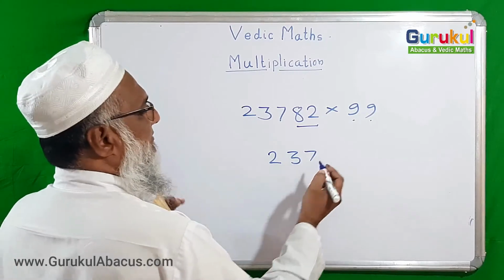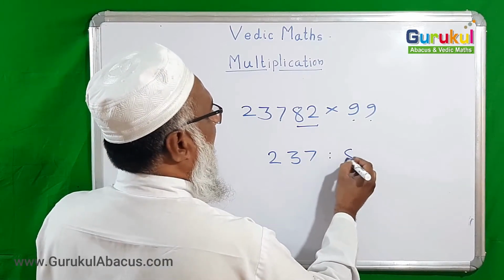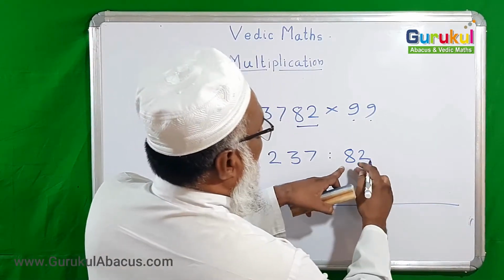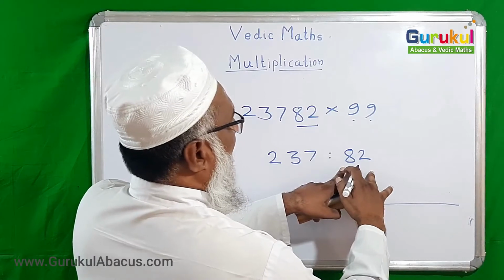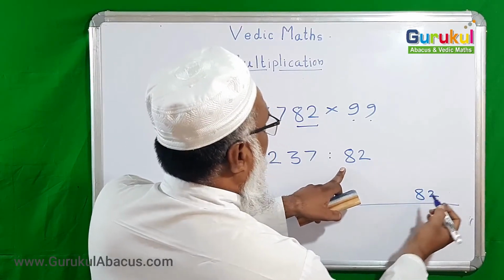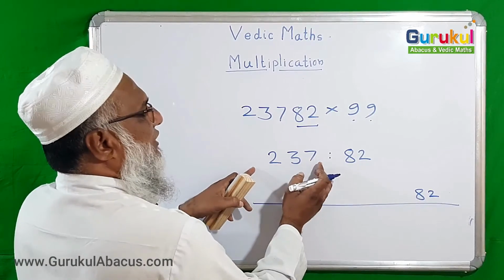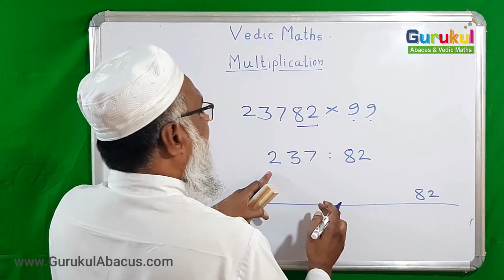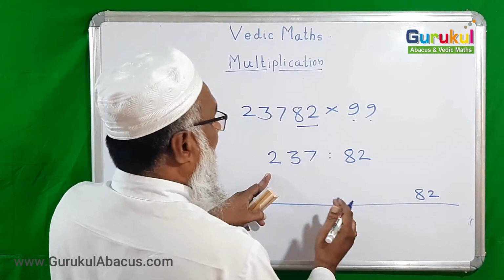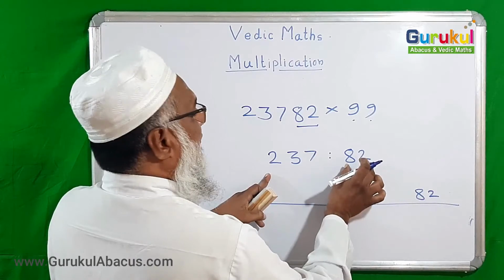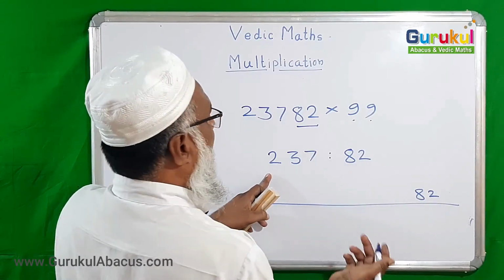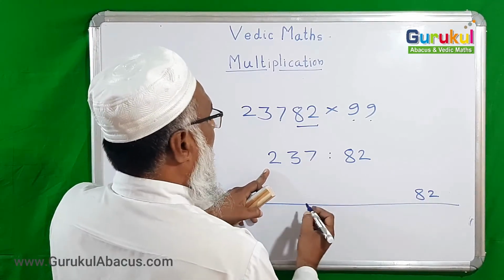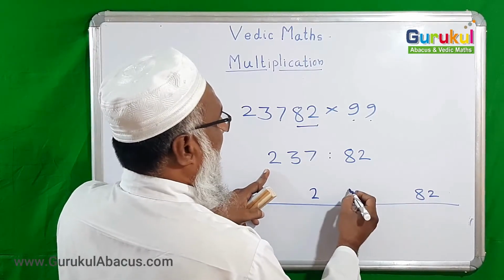237 on the left side I am putting, and 82 I am writing after the colon, and then after this line, this part of the number 82 again I want to write here, and then here this is 237, add 1 in it, so it would become 238, that to write here. But here are two digits, and from two digits, 3 digits subtraction is not possible. So in this way you can do it, to write 238 you can write 2 here and 38 here.